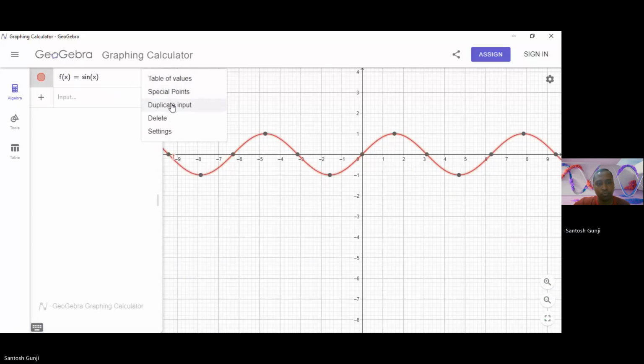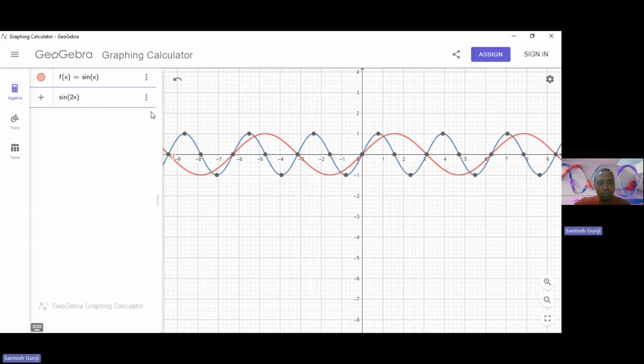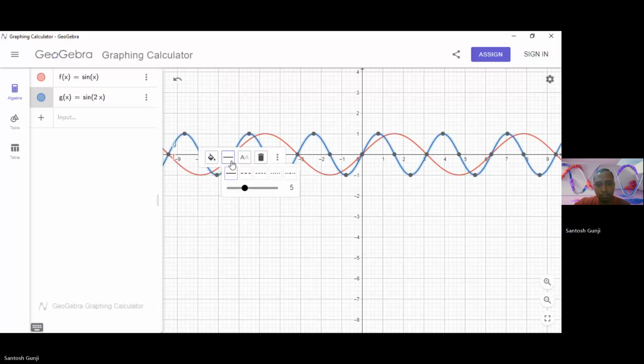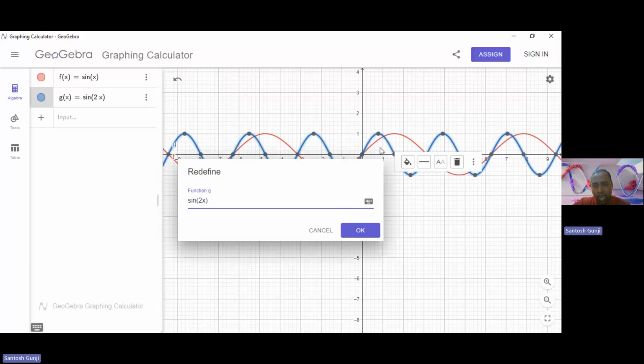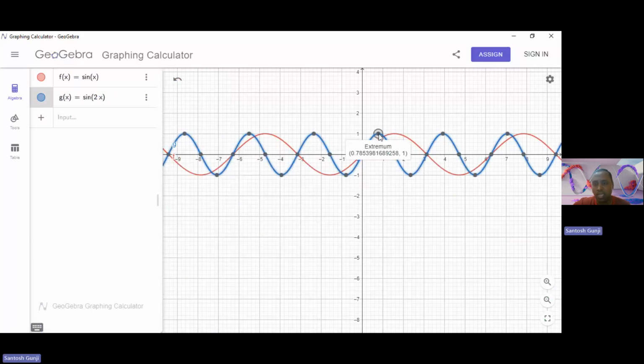I'm going to sketch the sin 2x graph, and we will observe the changes in its amplitude as well. Let's look at this graph highlighted in blue. Just for your reference, I'm differentiating the thickness. Now look at this. If you look at this graph, it doesn't change its highest and lowest points. The highest point of the sin 2x graph, highlighted in blue, is 1, and the lowest point is minus 1 everywhere in the graph,